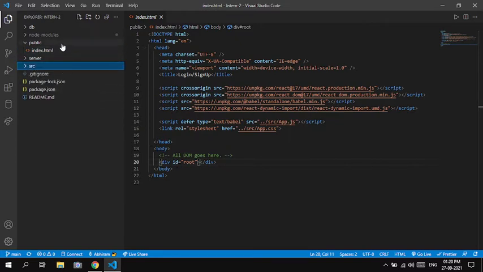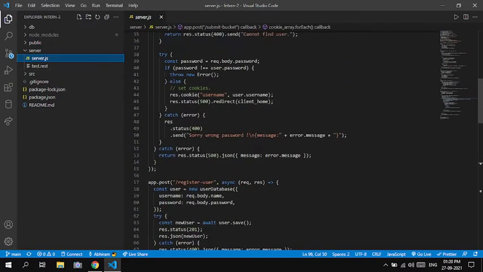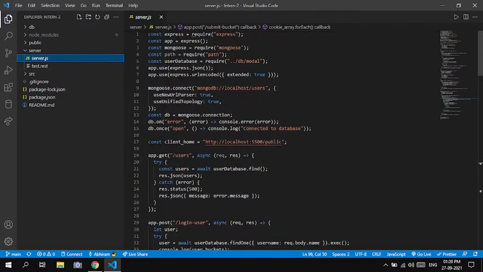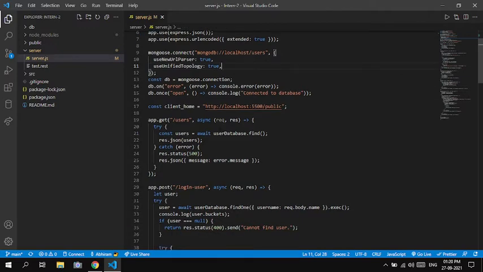And coming to the main part, that is the server, we have server.js. This requires Express and Mongoose as the dependencies. There are three to four routes that are currently present in this server, and this is the client URL where the routes will be redirected.